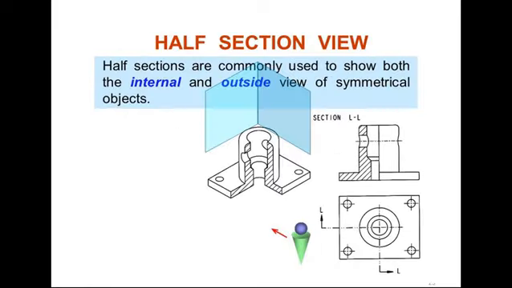Now next one is the half section view. One more example is given here. This is one example. We have again taken the cutting plane, cut at this level and this level. We remove this portion, then we show this view. This is the top view. So this is a method to show the half sectional view.